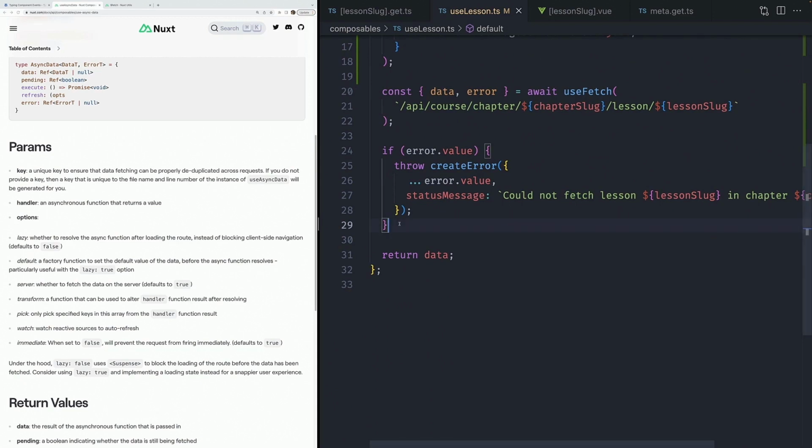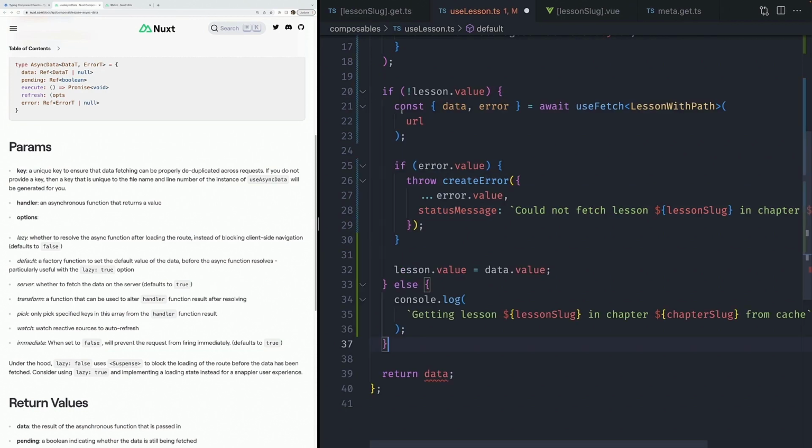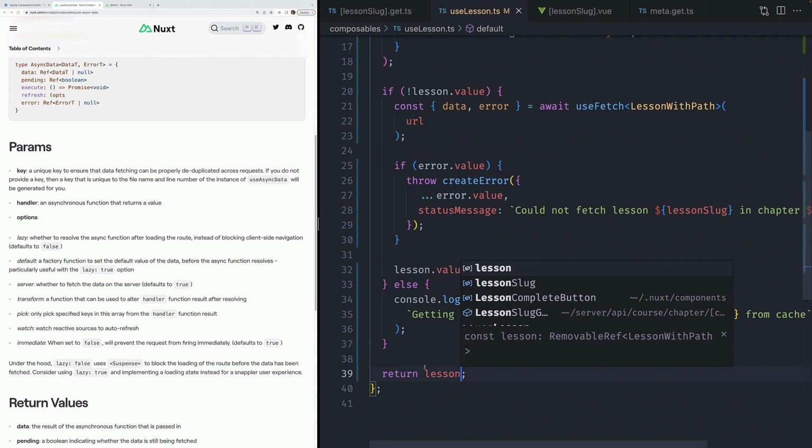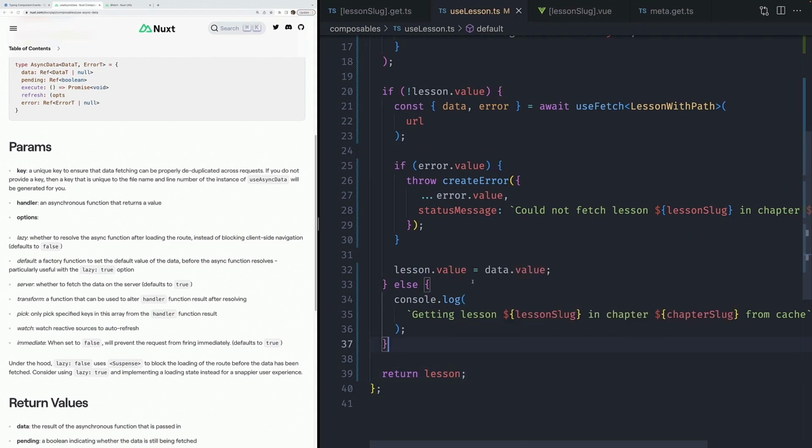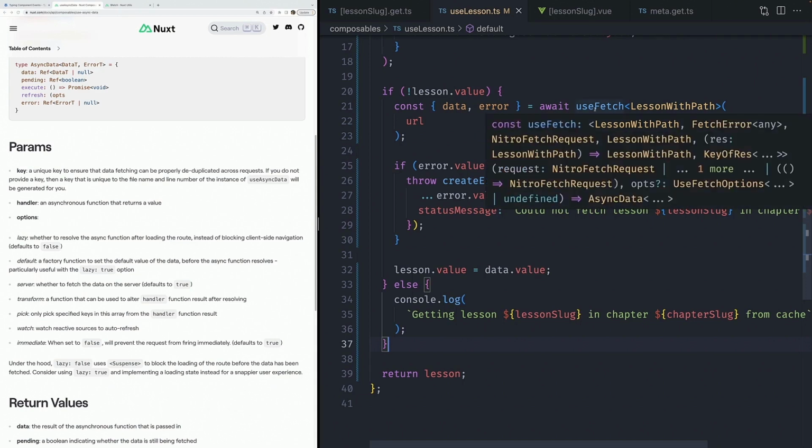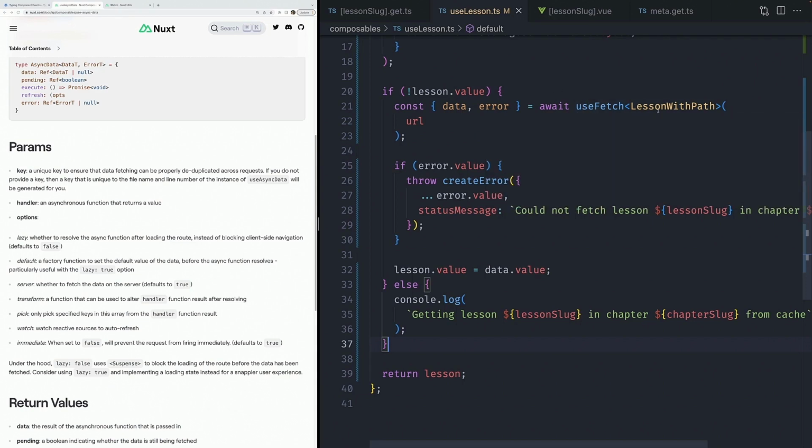And so our useFetch and error handling here needs to be updated a little bit. What we're doing now is we first check to see if we've hit the cache. And if we have a cache miss, then we need to fetch that data. So when that happens, we can call this. And here we're giving useFetch a hint that we are actually going to get back this lesson with path,